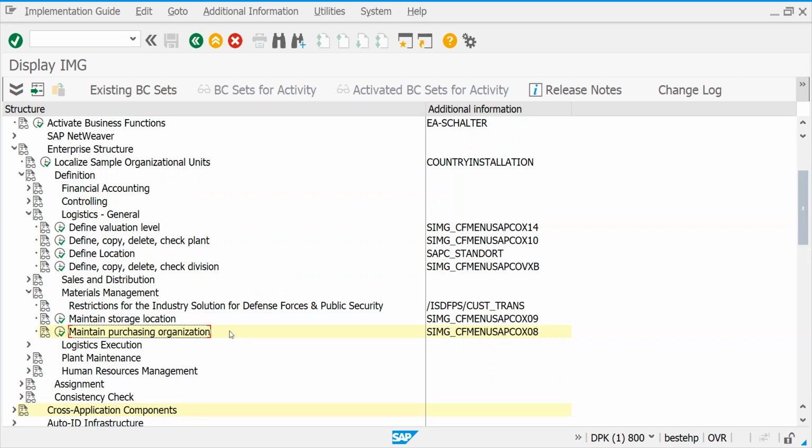Purchase organization is created. After maintaining purchase organization, purchase group is required. What is a purchase group? You need to understand OX08 is the purchase organization transaction code, already I told you. After that, purchase organization came, next SPRO, IMG, material management, purchasing group. Purchasing group, see this.